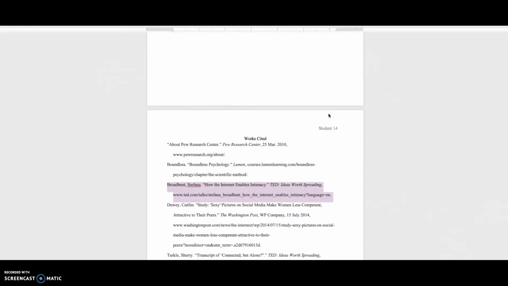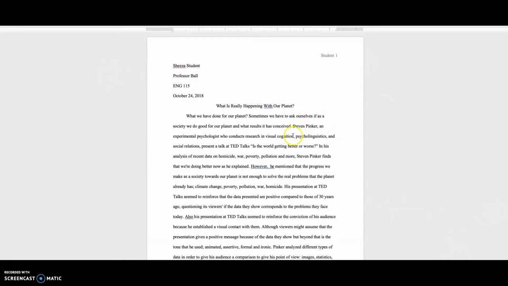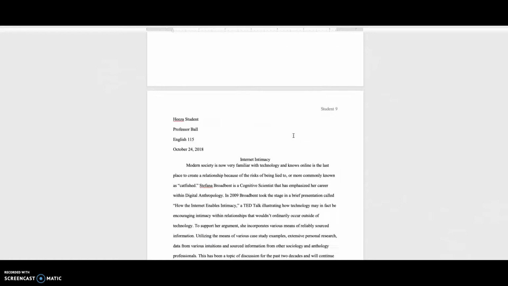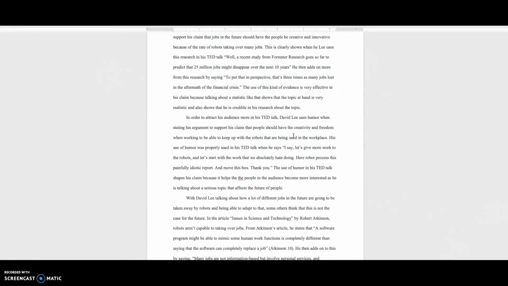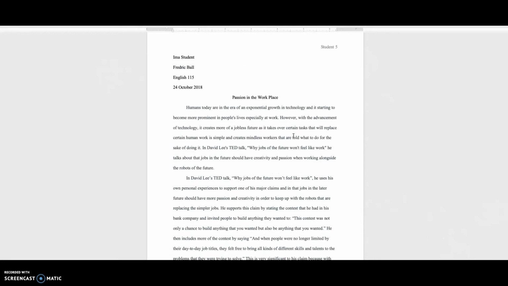So I would say paper 1 is the best one. That's the one on what's happening with our planet. It's a tie, though, with paper number 3. And then the weakest one, which isn't really that bad, it's still a decent paper, is the second essay. So I haven't given you any D or F's papers. You have A, B, and C here. So hopefully that helps you out for paper number 2.